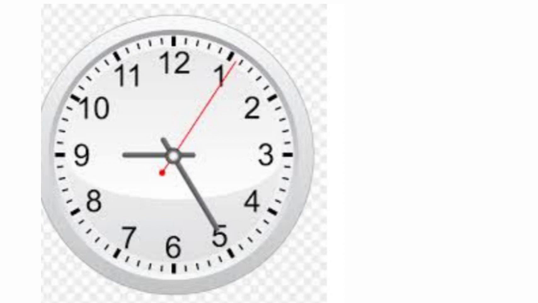So what have we learned so far? We have learned that for finding the minutes, we must check which number our minute hand is at. If the minute hand is at any number, we will multiply that number by 5 and we will get the minutes. Suppose your minute hand is at 11. How many minutes have passed? 55. Why? Because 11 5s are 55. Similarly, if your minute hand is at 9, it means 5 9s are 45 minutes.